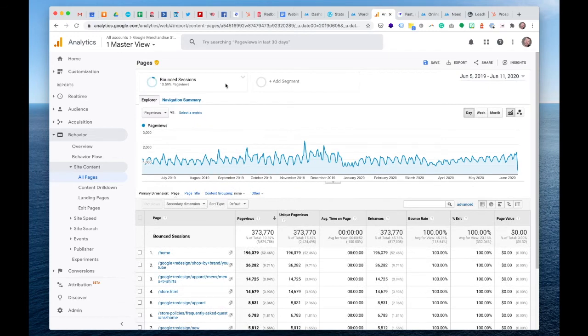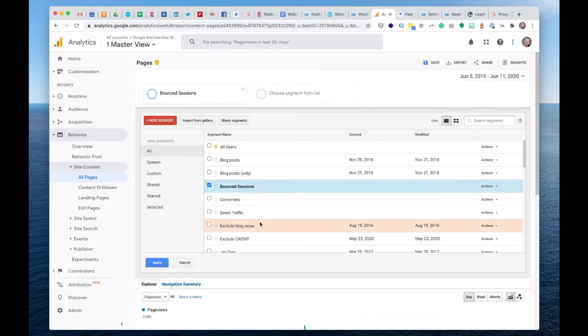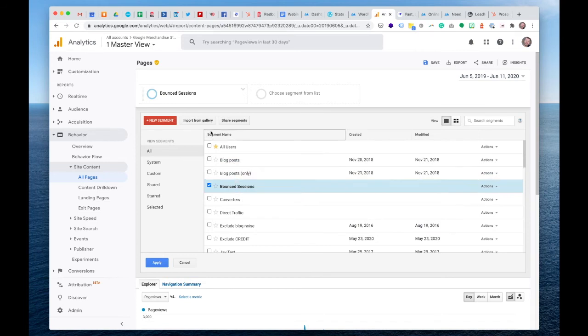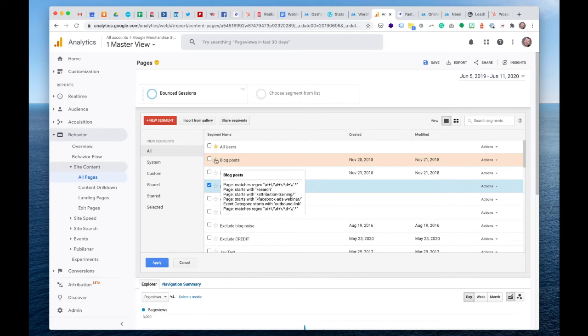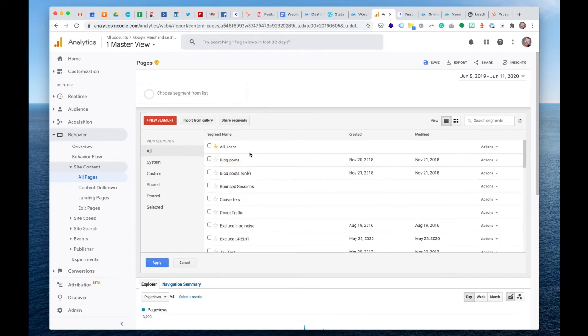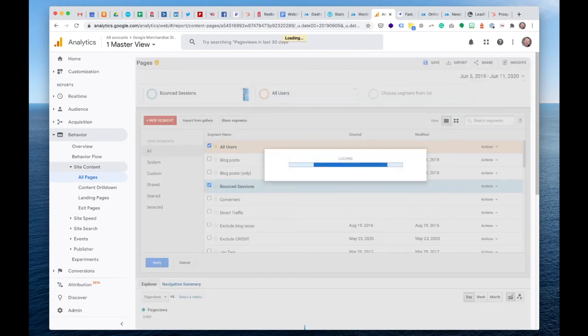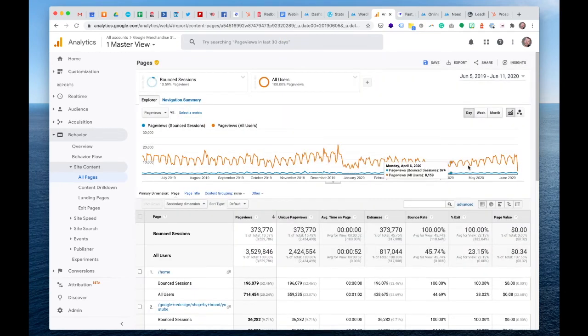So that's how we can use a segment, and you can create your own segments. I've created them. I can see blog posts and all that stuff. That's actually from my website, but they wouldn't make any sense here because it's based on URLs, on page addresses, which don't exist on this site because my blog is called Campfire. So I can take that off actually. Let's remove that. All users, thank you. Right, so final thing before I vanish for the afternoon. Oh, you can compare segments as well.